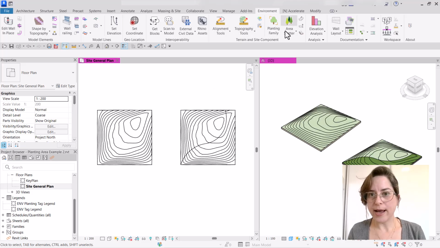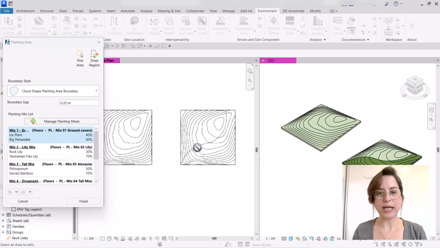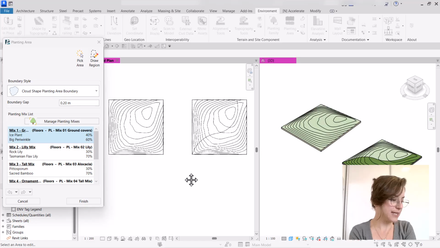So let's go ahead and open the planting area tool. And this tool actually allows us to use slabs to represent these areas. These slabs can be either toposolids, floors, or roofs. And this is something that you actually define when you create the mix definition in the Planting Family Manager. And again, I will include the link to this video in the comments so you can see the first part